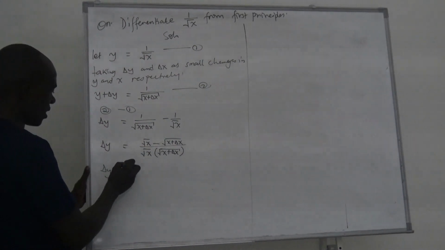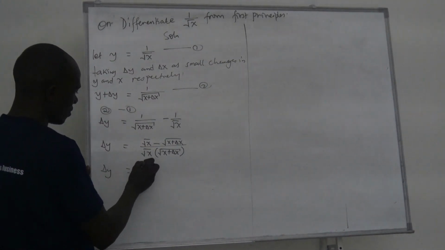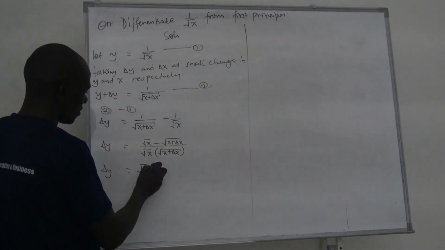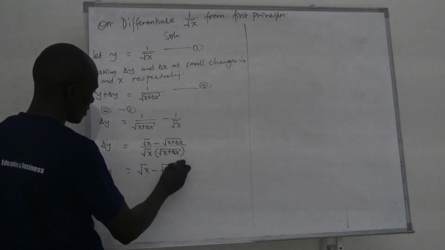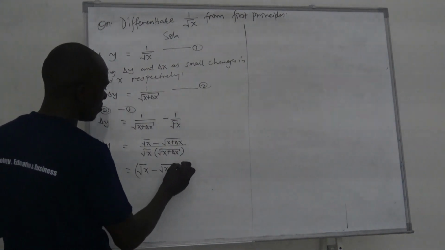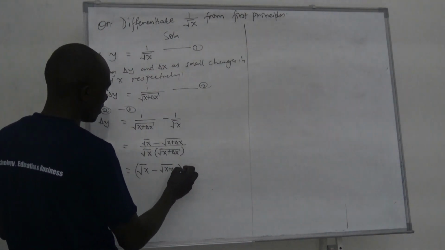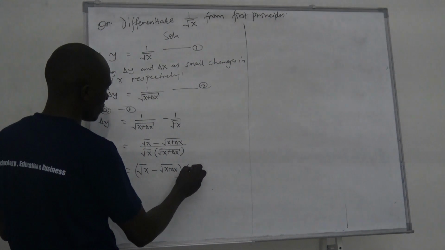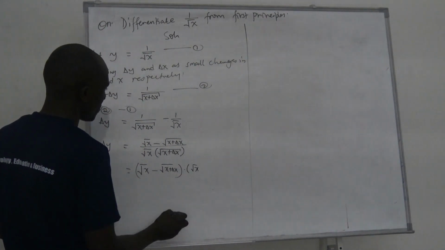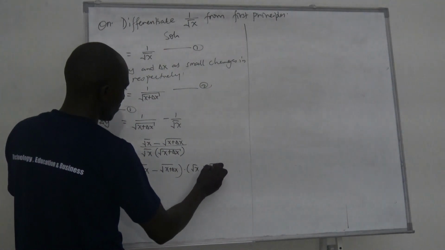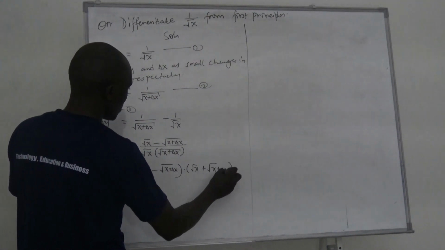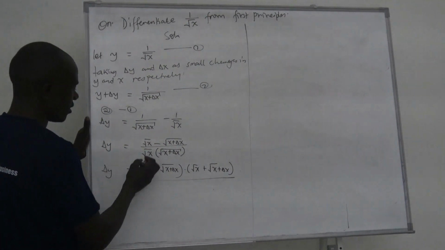You say delta y equals root x minus root of x plus delta x, and you rationalize the denominator by multiplying by root x plus root of x plus delta x, all over